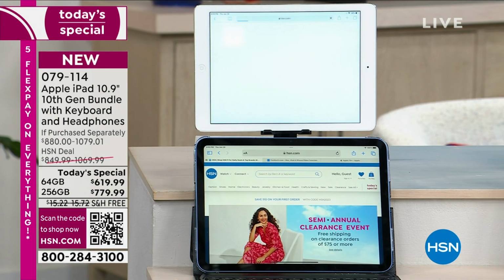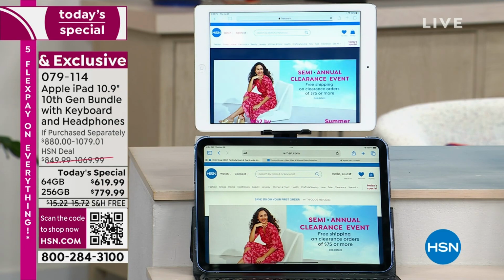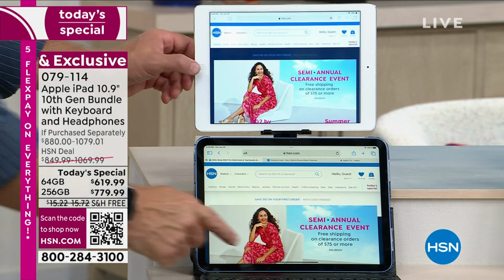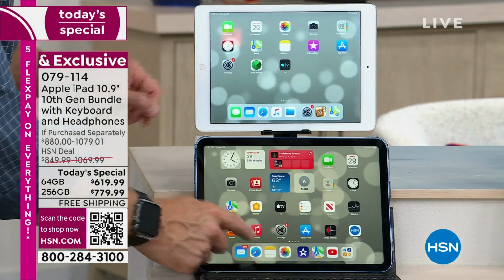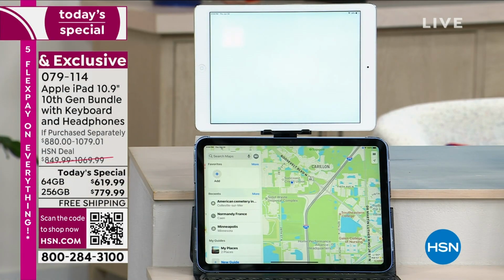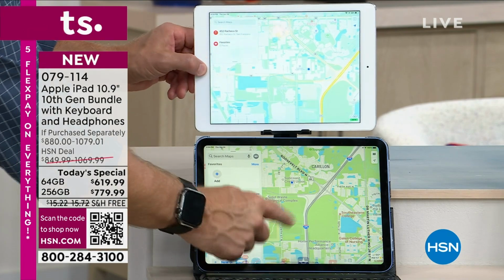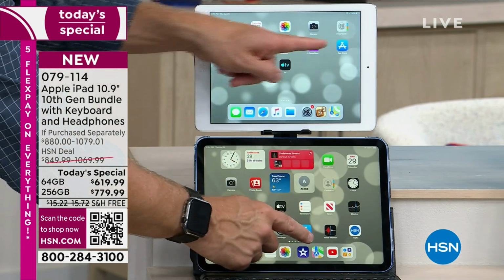You get the upgrade. And the thing is, it's not just technology that's evolved, the web pages have evolved. So the top one up there, that's the 10-year-old iPad. It took that long to open up a web page. And then, I'm jumping over to look up directions to the restaurant. And the Generation 10 down below is already loaded, and I'm waiting for that 10-year-old iPad. The 10-year-old iPad still works. I've gotten my money's worth out of it for 10 years, which is phenomenal, and it still works, but I've